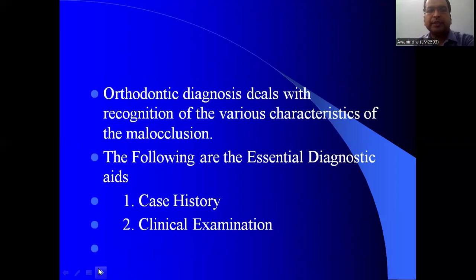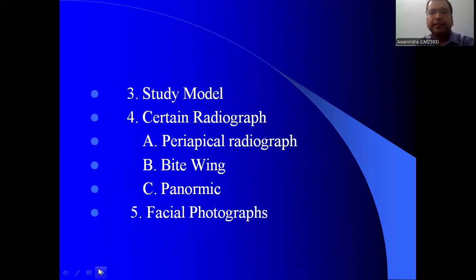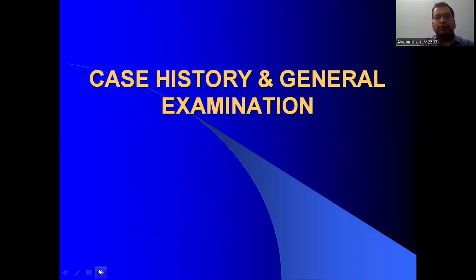Orthodontic diagnosis deals with the recognition of various characteristics of the malocclusion. The following are the essential diagnostic aids. We all know that the first is the case history, then clinical examination, making study models, taking certain essential radiographs like periapical radiograph, bite wing, panoramic, and facial photographs. So first we start with the general case history and